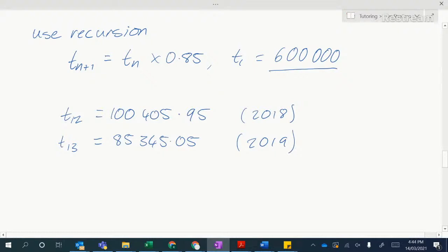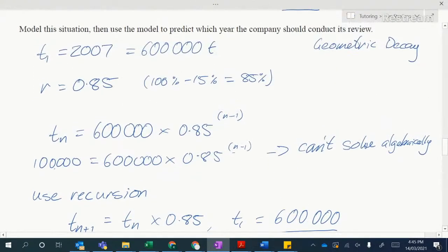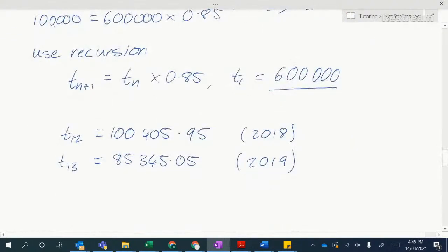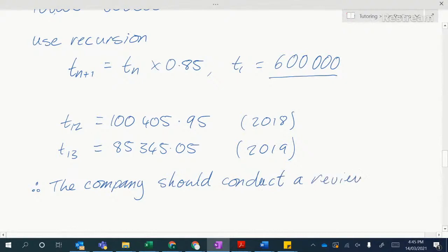Okay? So to answer the question, which is predict the year that the company should conduct its review, you would conclude, therefore, the company should conduct a review in 2019